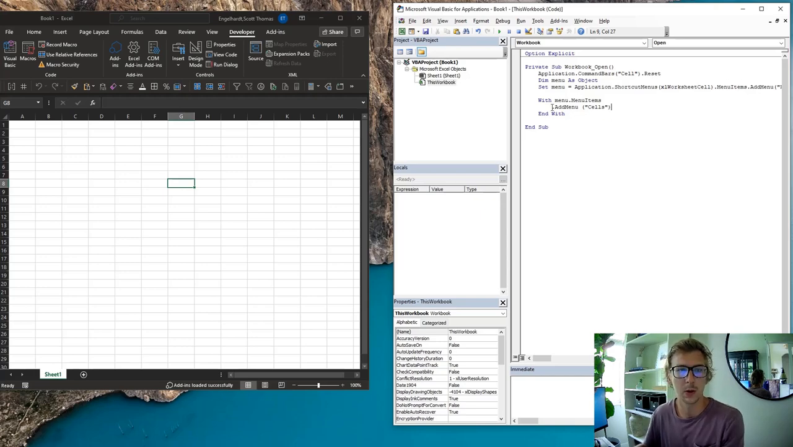items. So what I'm going to do is another with statement here. So with the new cells menu that we're adding with its menu items, we are going to add the 3 macros for protect. So that's the name of the button on the right-click menu, and then we need the name of the macro, protect cells, and then we're going to add trim,